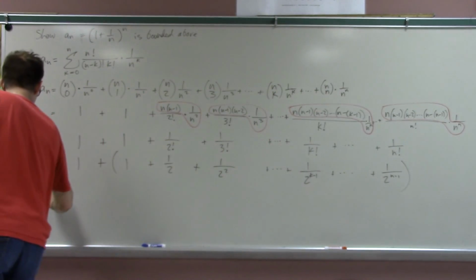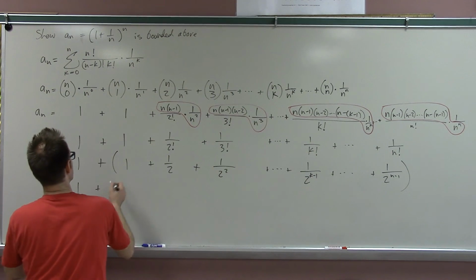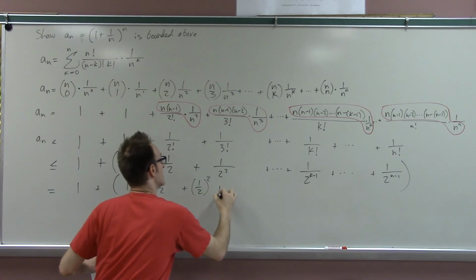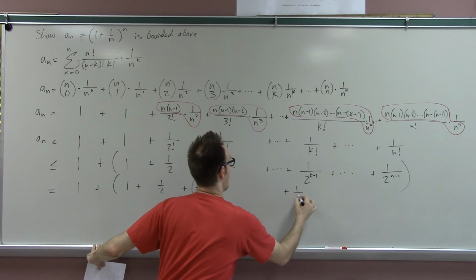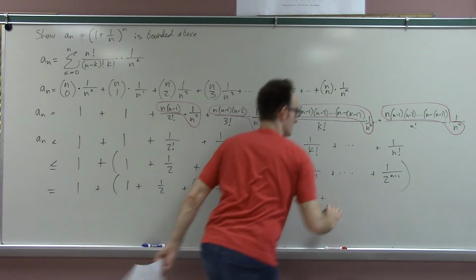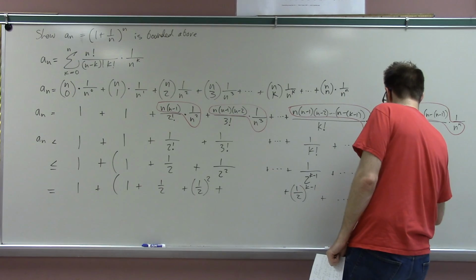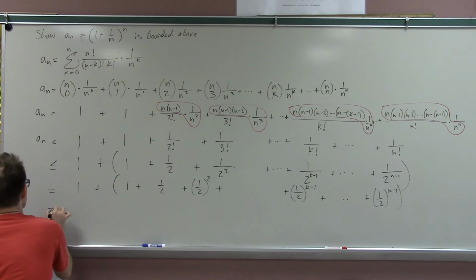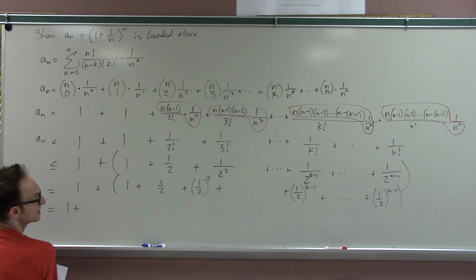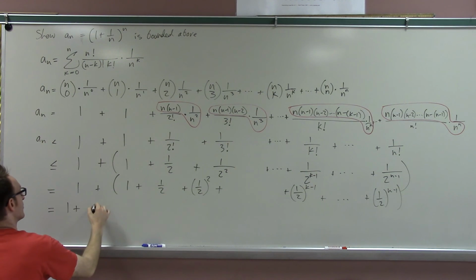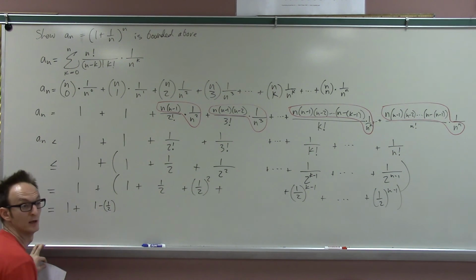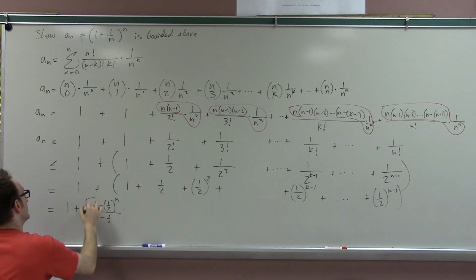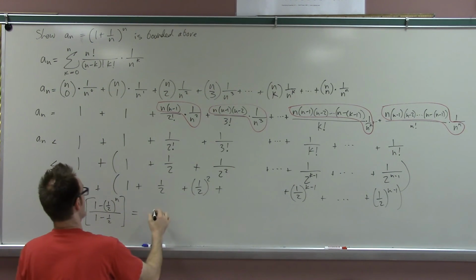So therefore, what is this? Well, this is just a geometric series, right? This is just 1 plus a half squared, plus half to the k minus 1, all the way up to a half to the n minus 1. Which is then equal to 1 plus, now we just do it, this is 1 minus 1/2 to the n over 1 minus half. That just is that geometric series. So that's 1 plus